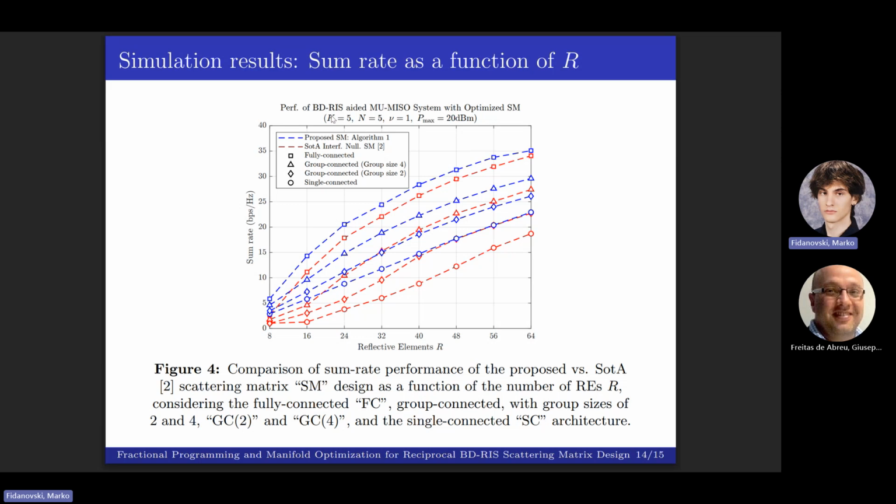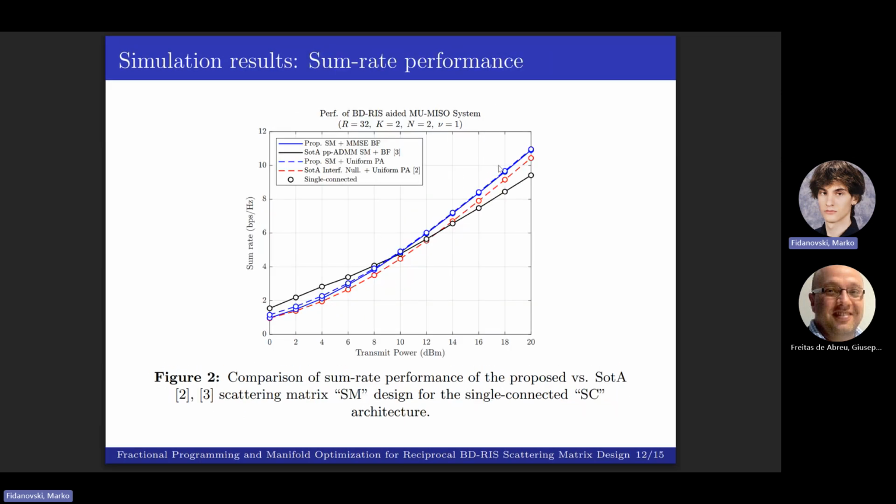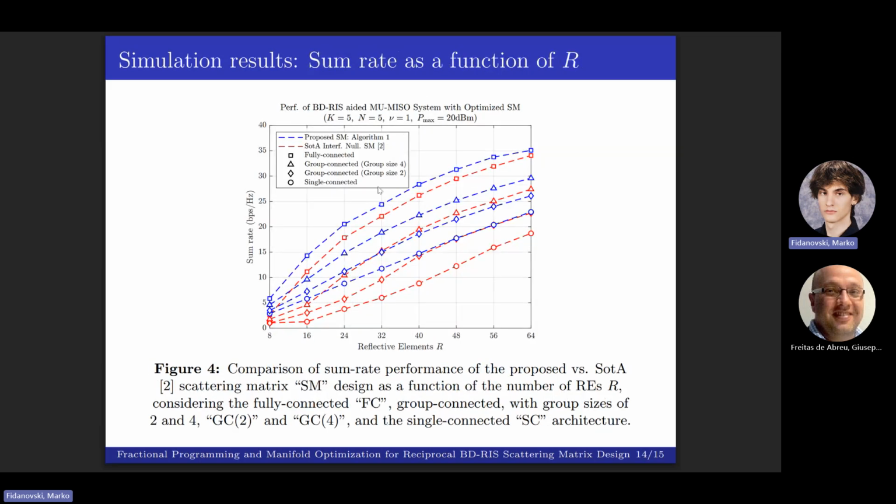Yeah, so here we actually have five users and five transmit antennas, and we only take the value at 20 dBm. So our most noticeable gain is at 20 dBm. If we scale the system up a bit more, then we notice that we get certain gains from that as well. Okay, so you're saying that as you scale the system up, your gains at high SNRs,